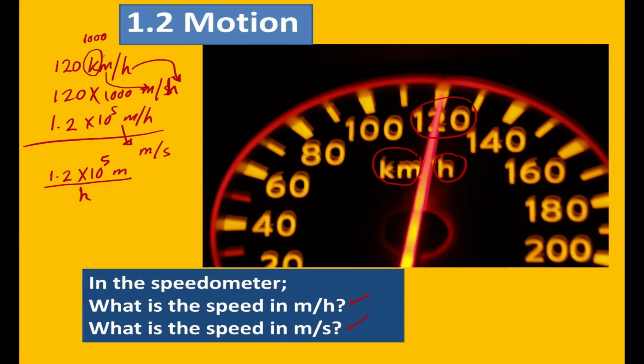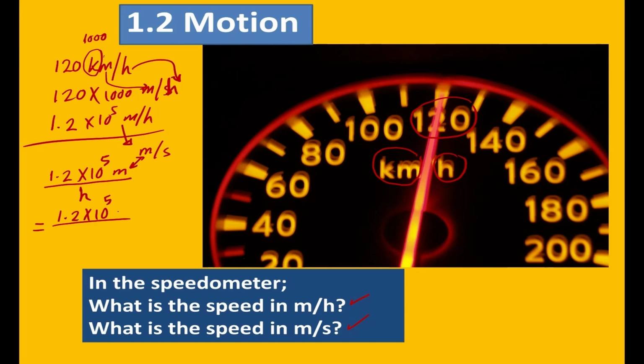Now it is easy. Meter is the same, so we will not do any change here. We'll talk about the hour and how to convert the hour to seconds. It will be 1.2 times 10 power 5, no change because meter is the same,